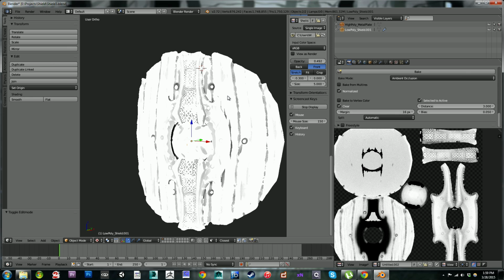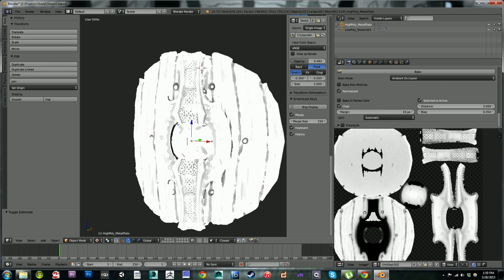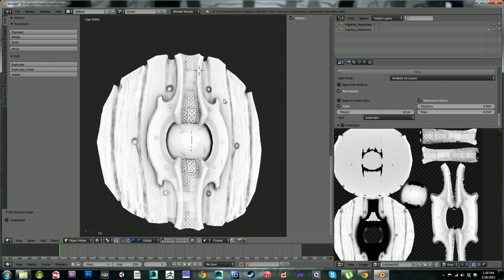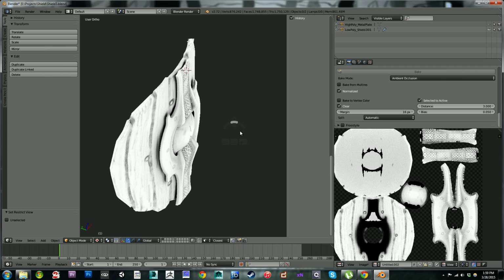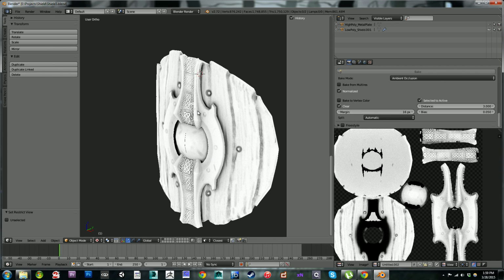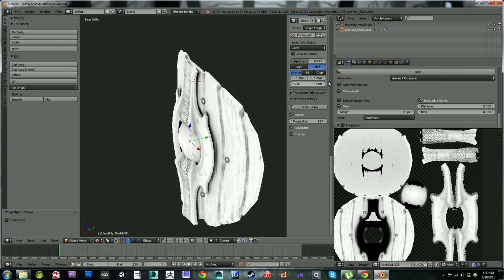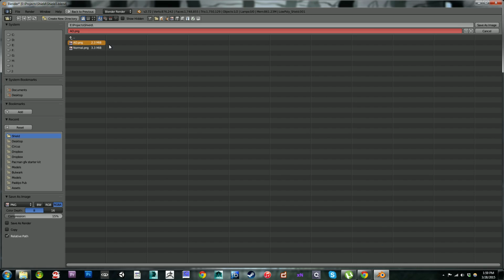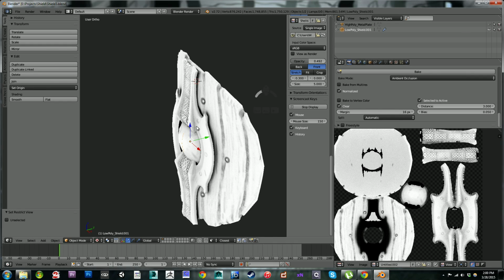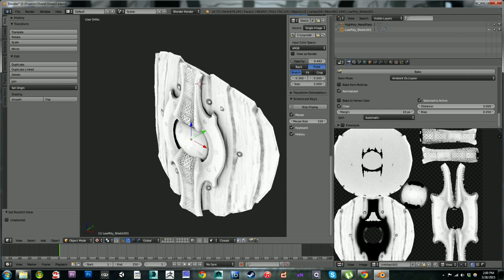Let's check out what that looks like. I think that works for me. We've got that separation again, and I'm not sure why. It's kind of strange, but we know how to fix that. So I'm going to save out this image, make that our ambient occlusion, and we will